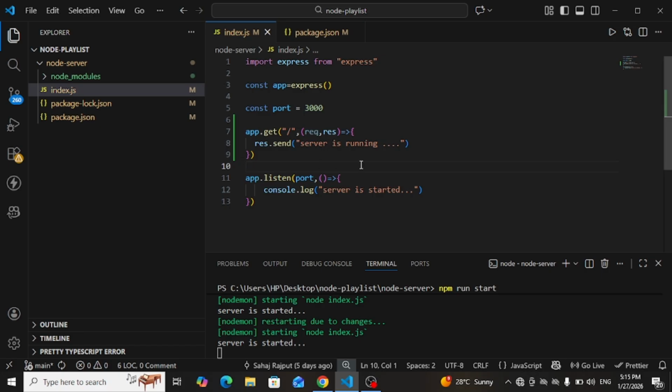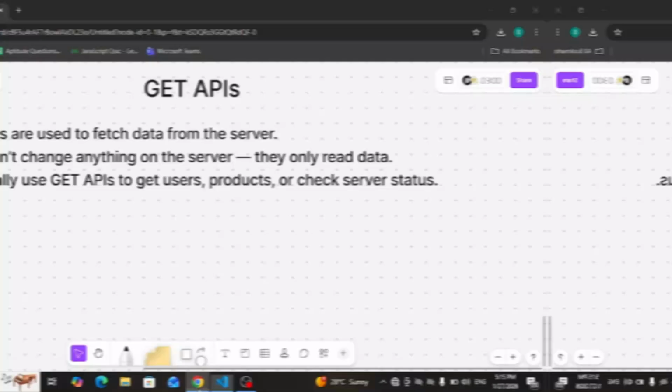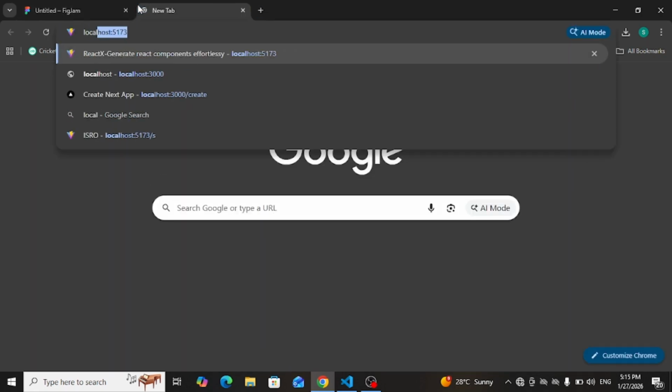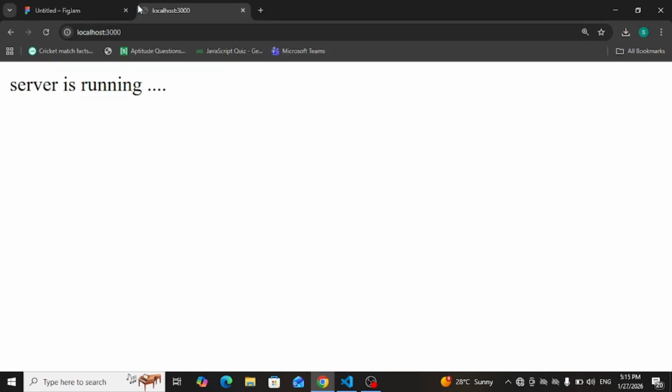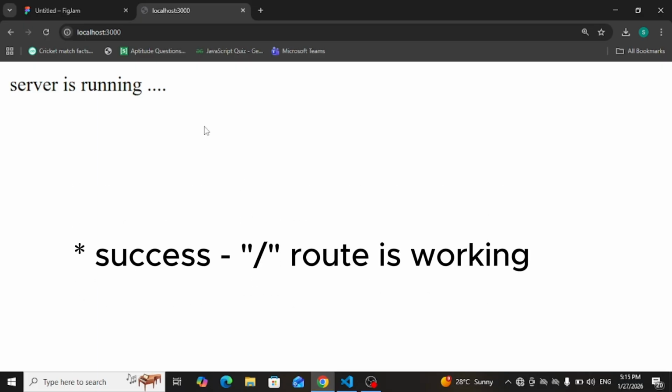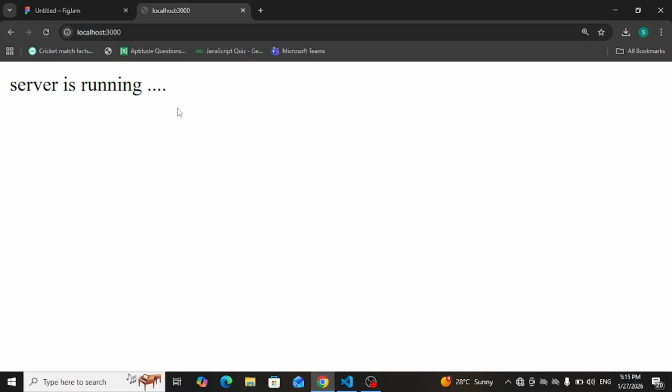Now let's test this API. Open your browser and go to localhost 3000 or whatever port you have mentioned. As you can see, we get the response, server is running. So this means our GET API is working perfectly.